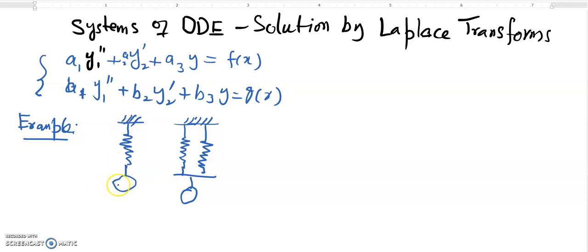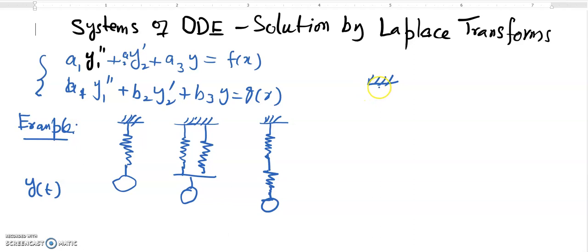These types of mass-spring systems will not constitute a system of ordinary differential equations, because the motion can be represented by just one equation in terms of y of t, because there is only one mass over here. Similarly, if we have the springs in series, as these were in parallel, and there is one mass, again we can represent this with one equation. However, if we have